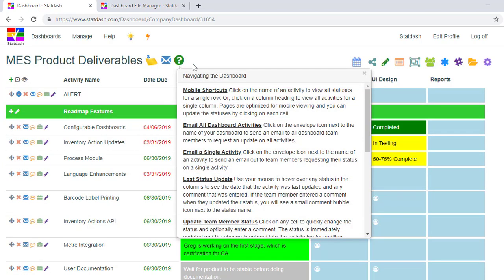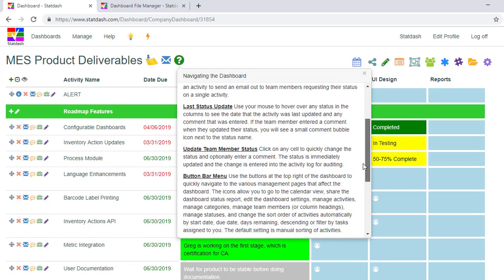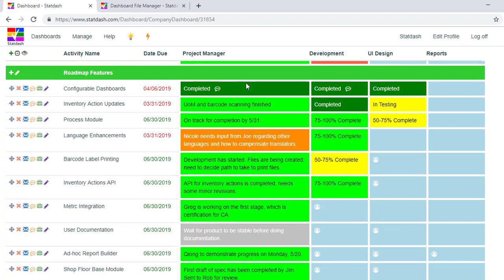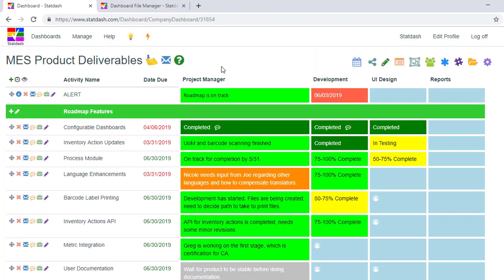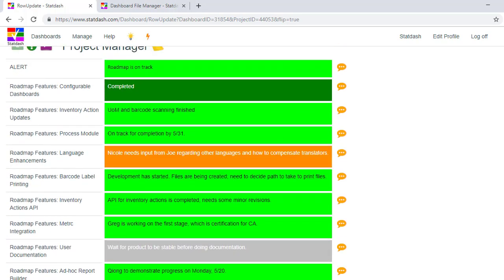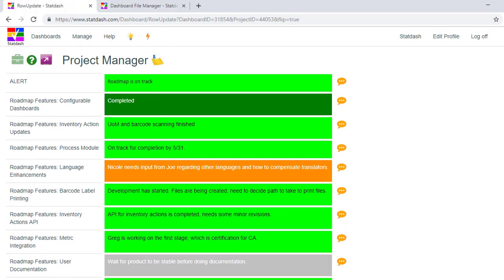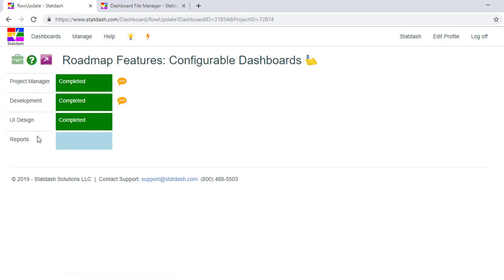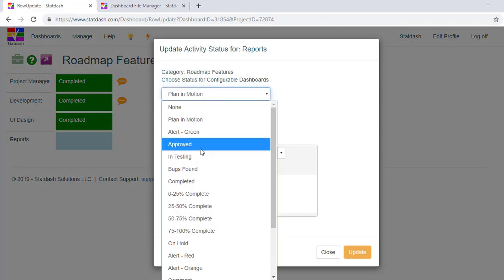If you need help, there's help right here. You can read all about it. If you need to isolate a column, so let's say we just want to focus on this project manager here, I can click on the heading, and it's going to just isolate for me all of the activities related to the project manager so that I can update them easier. I can click on any one of my activities, and it will bring up just everybody's status for that one single activity. And then I can update it,